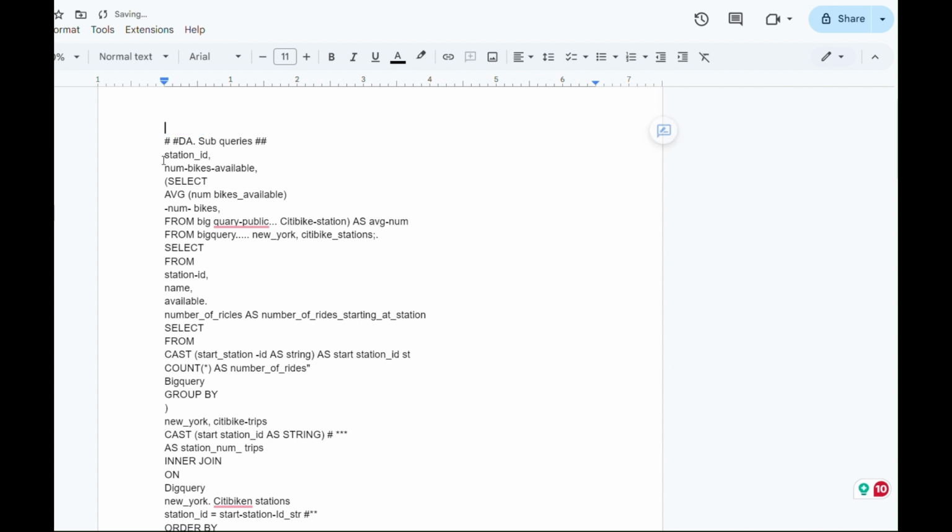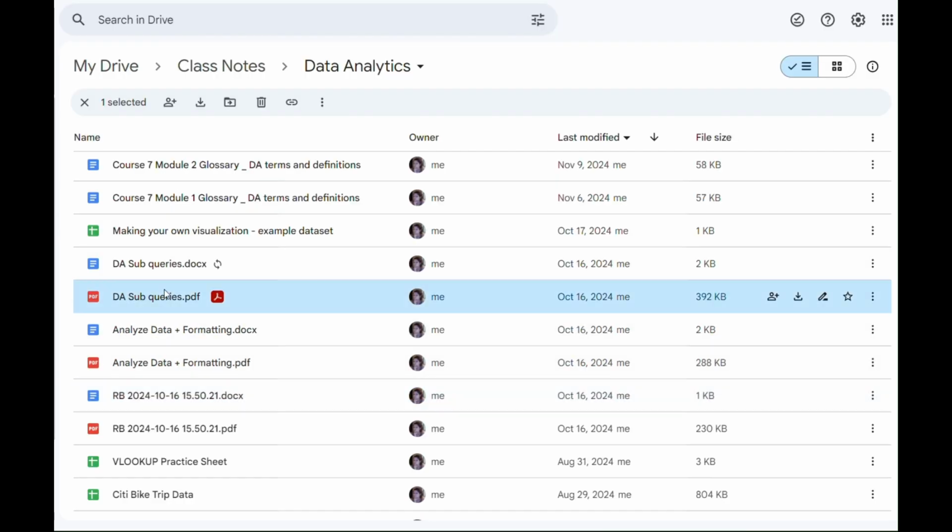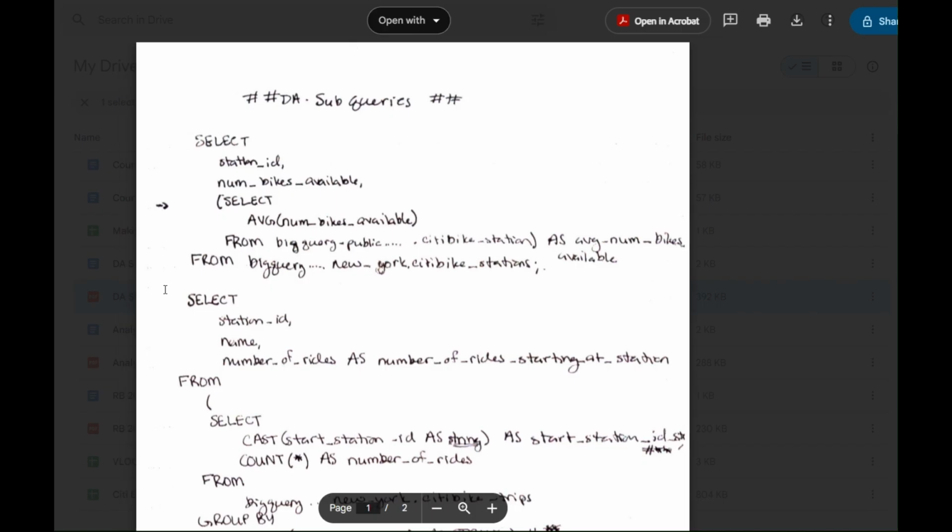And we can go ahead and edit this because it is a document file. And then we can make it look a lot closer to how it should have actually come out. It's this one here, I think. So yeah, so select average. That one should be,